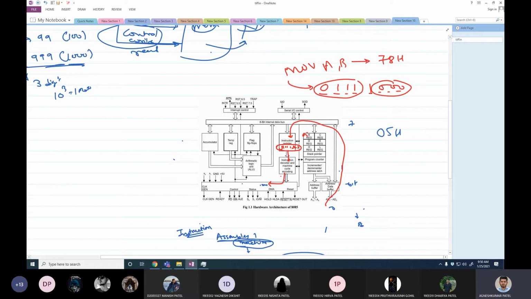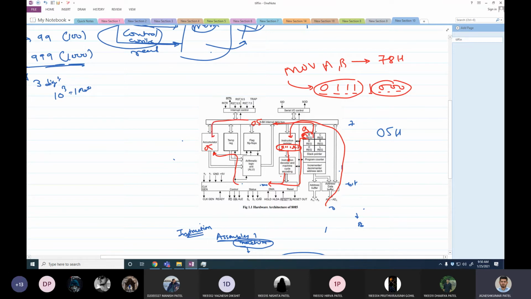Once it knows the data has to be moved from B to A, it will give the command from here to register B to give the data to the data bus. So register B data 05 would be transferred on this bus. Now 05 would be available over here, and then again this will give a signal to the ALU to take the data from the data bus. So this 05 will come in and be stored over here.